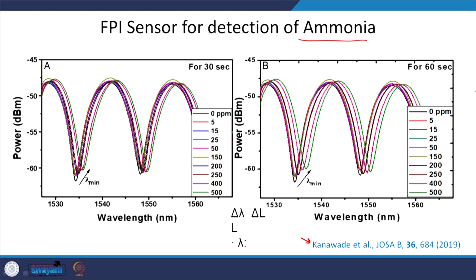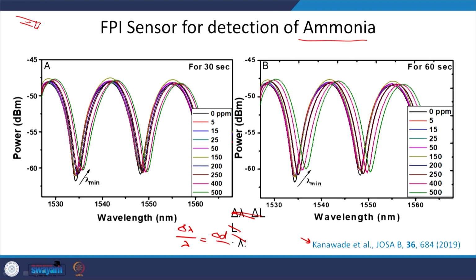What they did is that on the tip of an optical fiber, which was sending collimated light, they put a polymer layer of PDMS, and they exposed it to various concentrations of ammonia, say from 0 to 500 ppm, and for 30 seconds you can see that the interference fringe shows a shift in wavelength, and this wavelength actually it should not have been here, it is delta lambda by lambda is actually